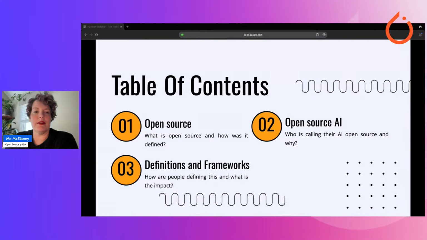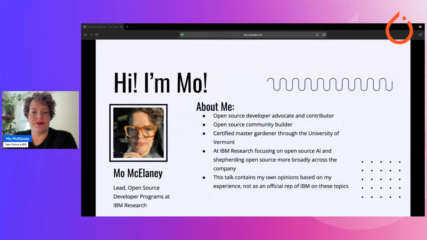And then why there's some controversy swirling around the definition of open source AI and how that's developing. We'll talk about some Linux Foundation resources that are available, and what else you can do in this space.